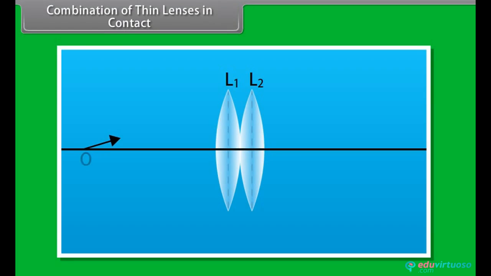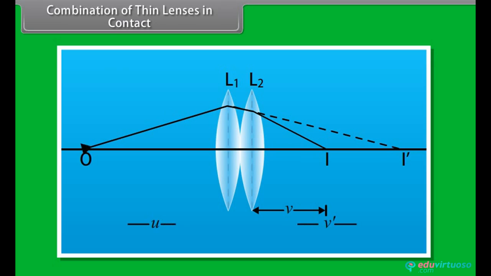Combination of thin lenses in contact. Suppose two thin convex lenses L1 and L2 are placed in contact in such a way that they have the same common axis. The focal lengths of lenses are f1 and f2 respectively, and the medium is same on both sides of lenses. O is a point object on the principal axis at a distance u from the first lens, L1. The lens L1 deviates the rays towards I', that is, I' is the image formed by the first lens,